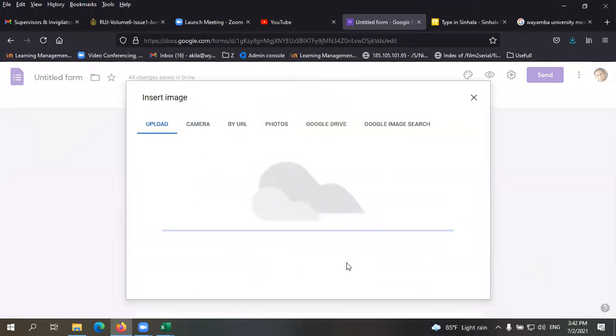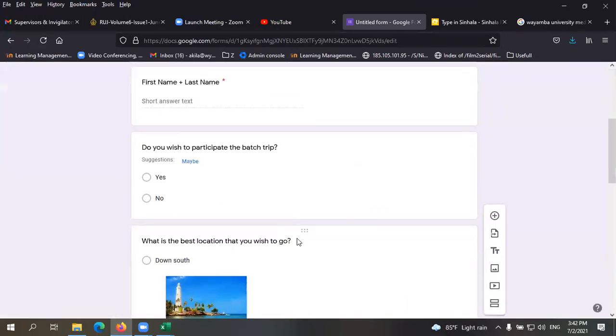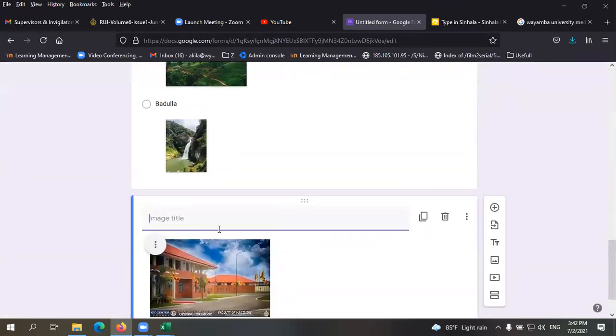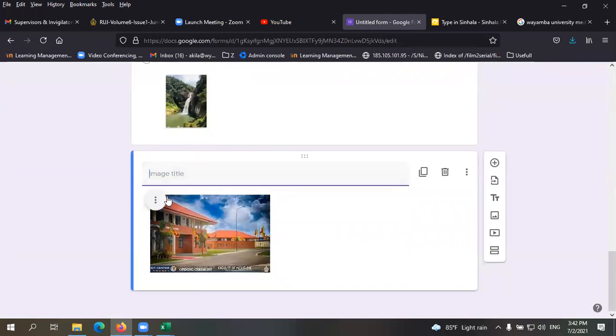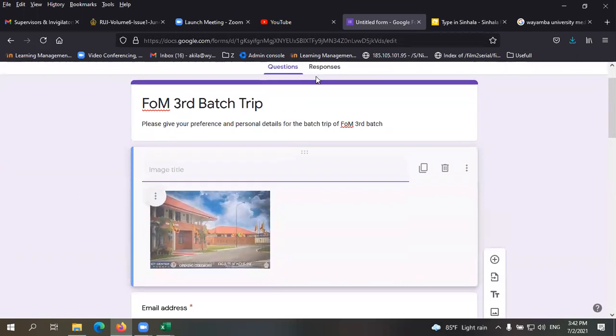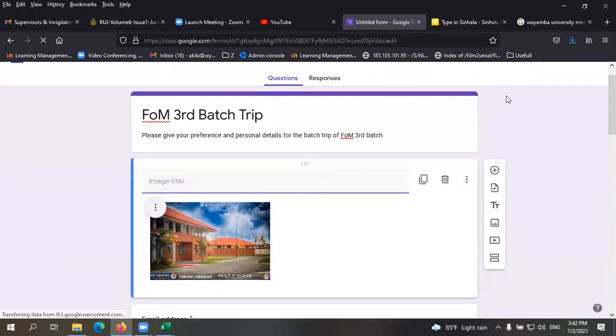This one. The image will be added to the bottom, but you can move that, right? I'm going to move that here. It is not a question actually, it's just an image. So in your form, if you want to show an image to the viewers, that is possible by clicking on this one, add image.